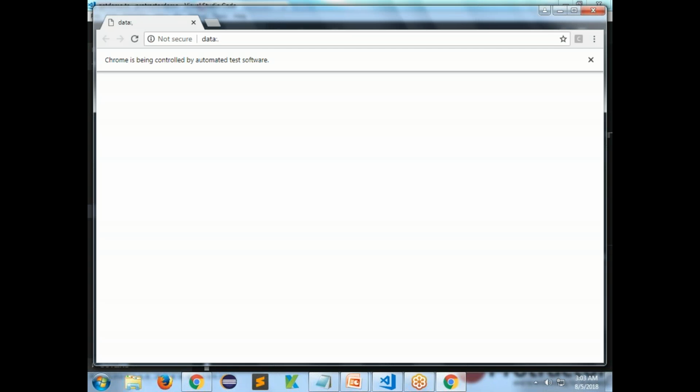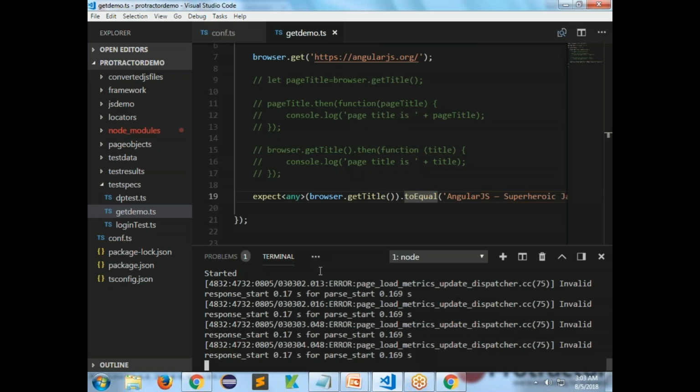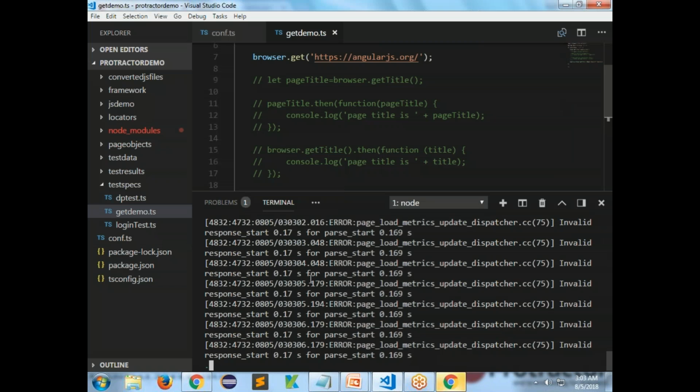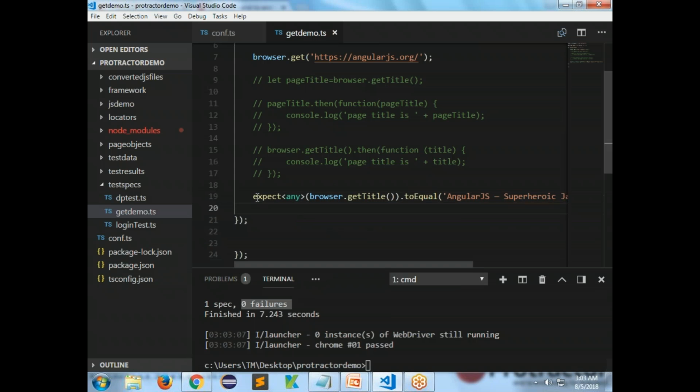So it is instantiating and then launching. It is now getting to the URL and then it should pass my test case. See here, green color dots and then one spec, zero failure. Okay, so this is how you can use